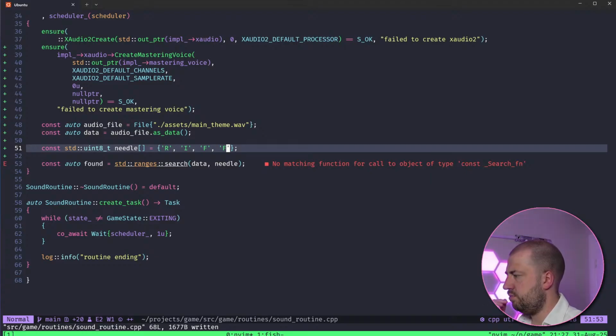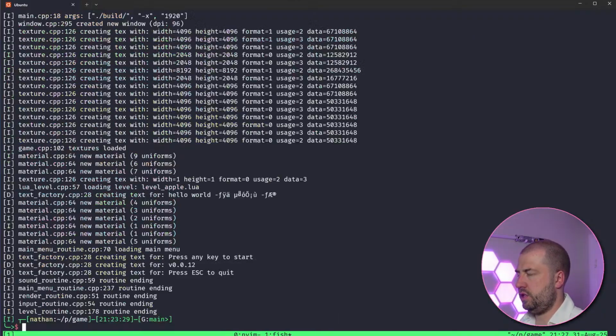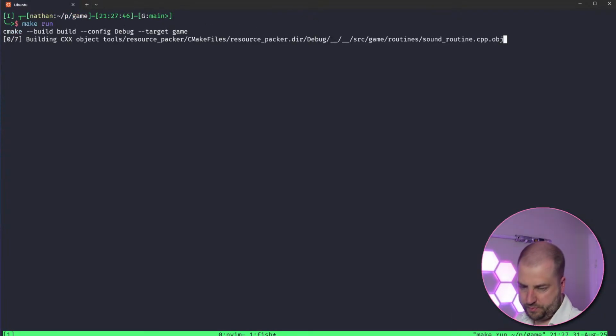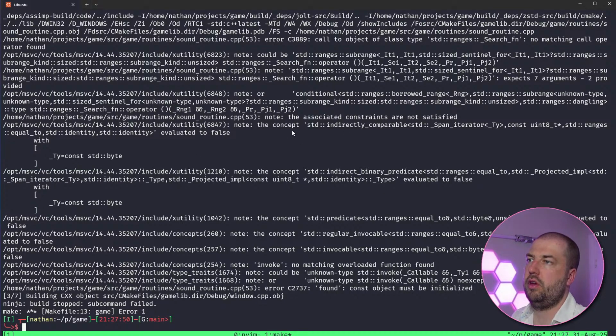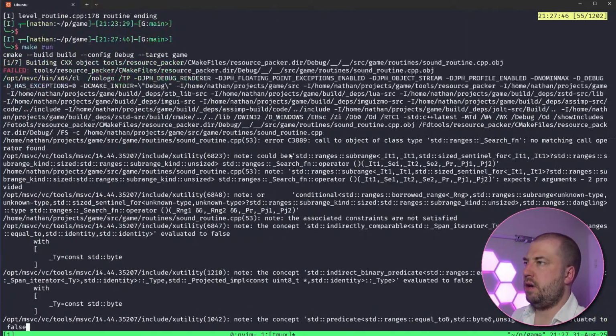I might need a predicate. Do I need a predicate? Because std::spans aren't equatable. What's the error on that? Ugh, gross. Oh, there's one of these, a byte.